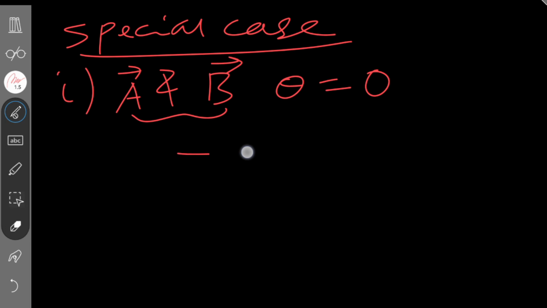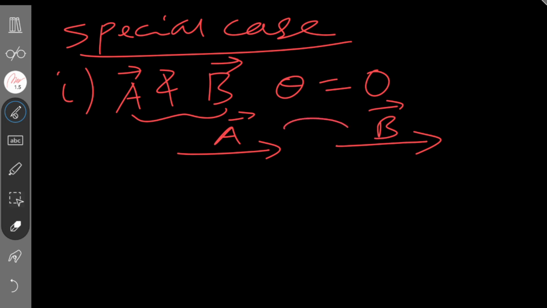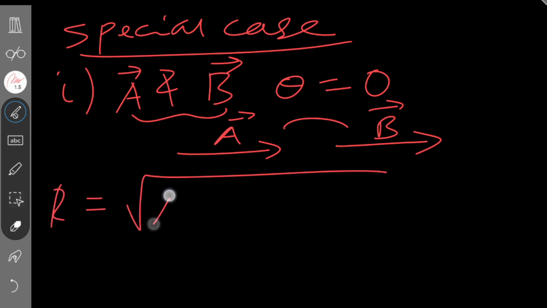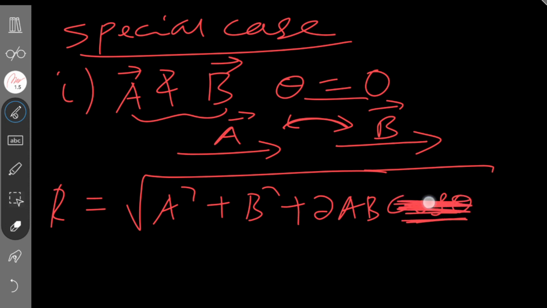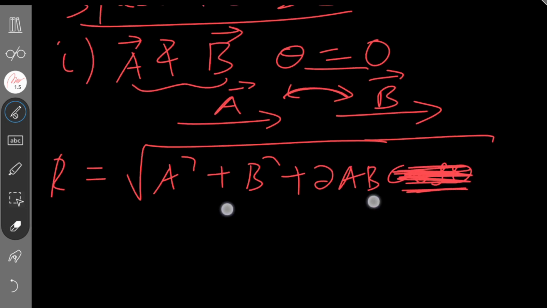ይሆናል ማለት ነው። This is vector a ካልኩ and this is vector b ካልኩ they are on the same direction ስለዚህ the angle between the two vectors 0 ነው። Then r ምን ይሆናል? r is equals to ምን ብለናል? a square plus b square plus 2ab times cos theta ብለናል። Then look, if they have the same direction theta 0 ስለሚሆን cos 0 ደግሞ 1 ነው። Then ምን ይመጣል? ይሄ ተርም 1 ይሆናል ማለት ነው። cos thetaውን አጠፋዋለሁ።